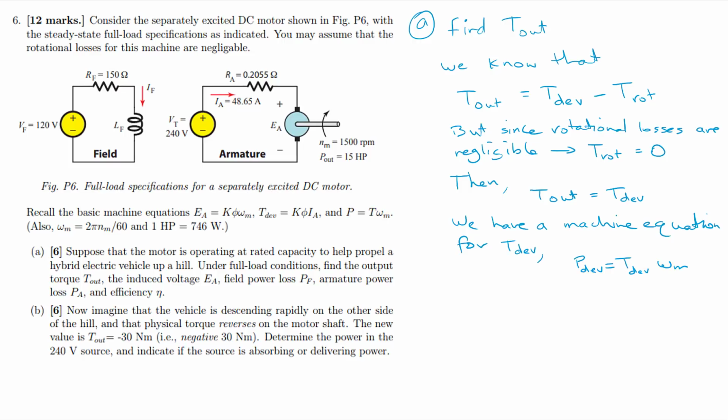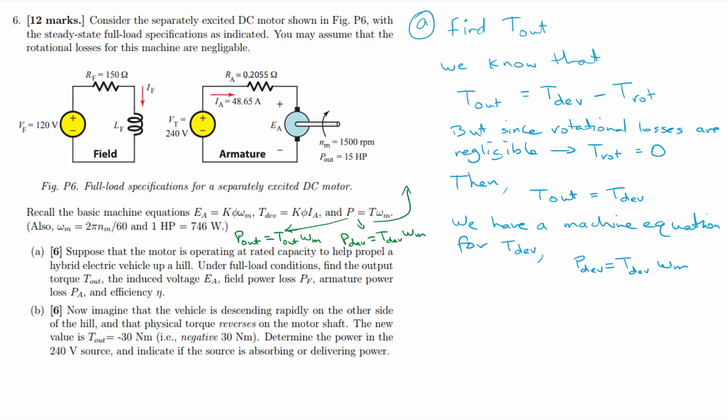Well, this machine equation applies in all cases with specific interpretations. We can say P out is equal to T out omega m, or we can say P developed is equal to T developed omega m,